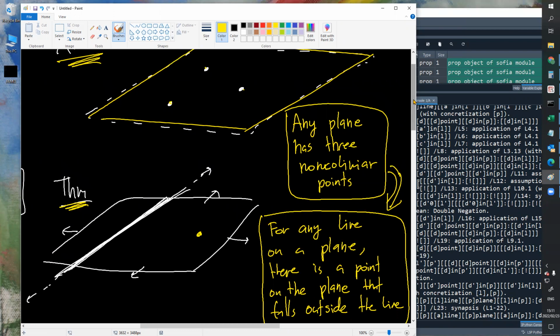Okay, Prof. I think that since we know that those 3 points do exist, maybe we can deduce that a line can only pass through 2 points. So there's always going to be a point outside. Fantastic. Perfect.